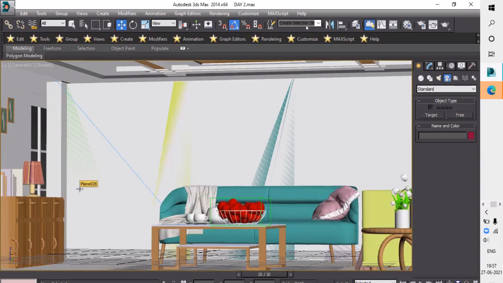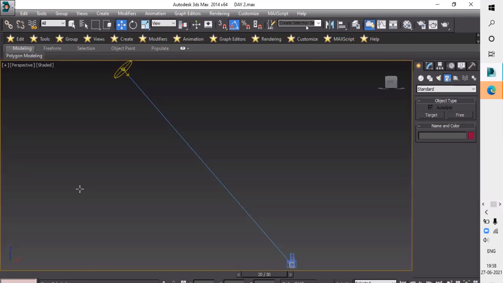To remove the camera, what we can do here, press P and Z. If you type P and Z, you will exit from the camera. Okay, where is your model?